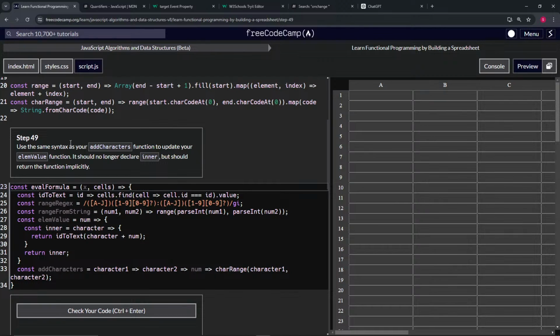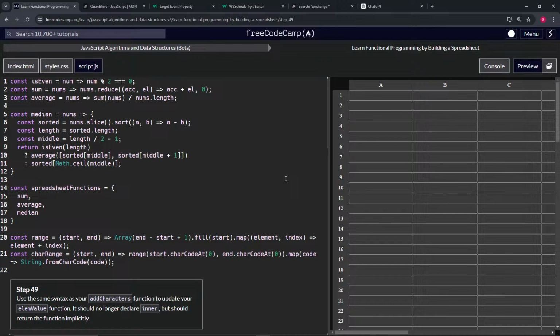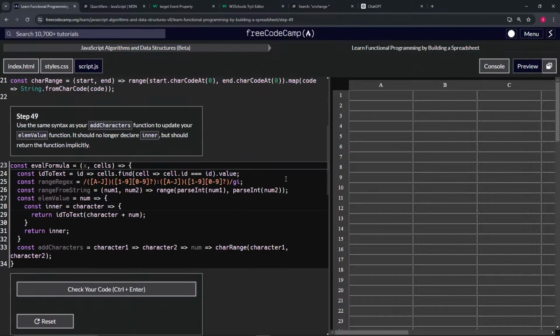We're going to use the same syntax as our add characters function to update our lm value function. lm value? Dude, where's that? lm value function. Where's that at? Oh, this. Okay. It should no longer declare inner, but should return the function implicitly. Use the same syntax as our add characters function to update our lm value function. So we want to do